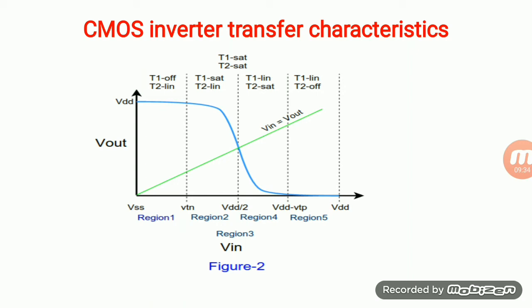In the middle case, that is Vin equal to 2.5 volts, both transistors will be on in parallel. Now you can see T1 and T2 will be in saturation, lightly saturated. At that time both will be partially on, so the output will be in an undefined state. We already discussed this in the logic levels of CMOS. Whenever the input is in an undefined state, the output is also undefined. So this is the CMOS transfer characteristics.